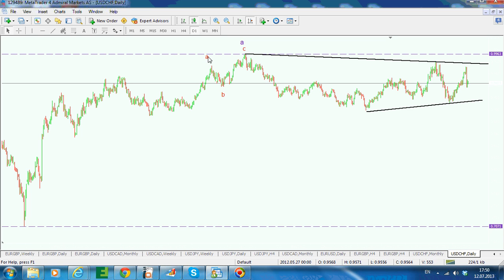From my point of view, this is the first leg of a triangle, and that would imply that this triangle will break to the downside. I don't think that this is an A wave, so the triangle to break to the upside, because A waves, I told you, typically have the form of a zigzag. Now if this is an A wave and this is an ABC, then most likely this is a B wave,